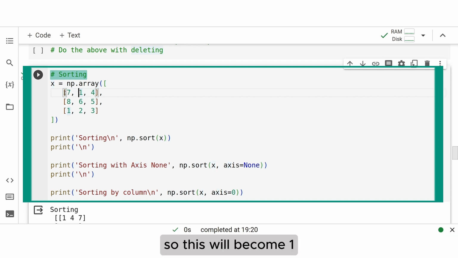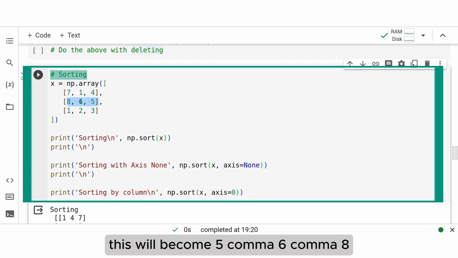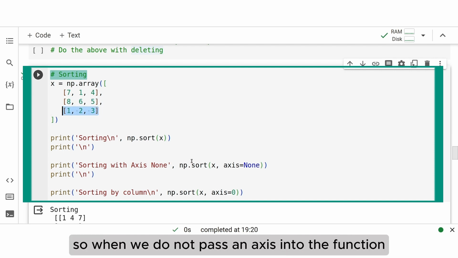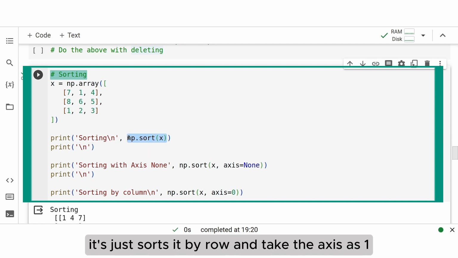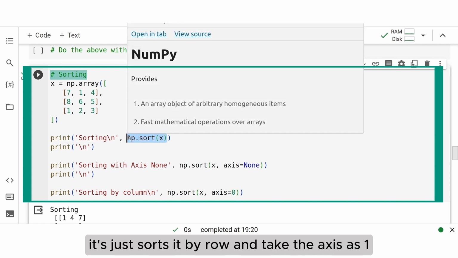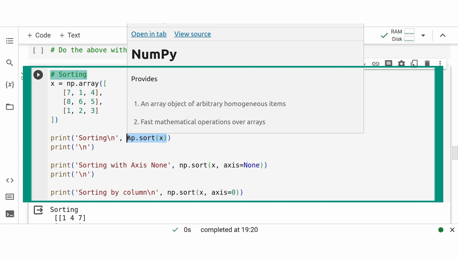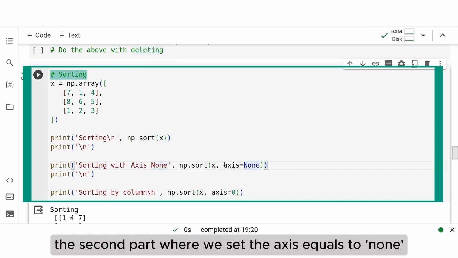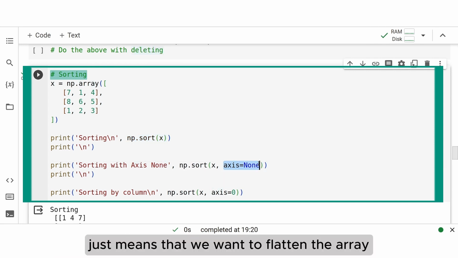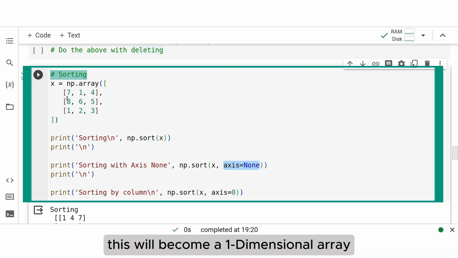So this will become 1, 4, 7. This will become 5, 6, 8. And of course, this will remain the same. So when we do not pass an axis into the function, it just sorts by row and takes the axis as 1. The second part, where we set the axis equals to None, just means that we want to flatten the array. What that means is that this will become a one-dimensional array that is now in ascending